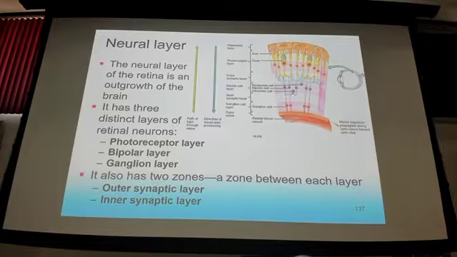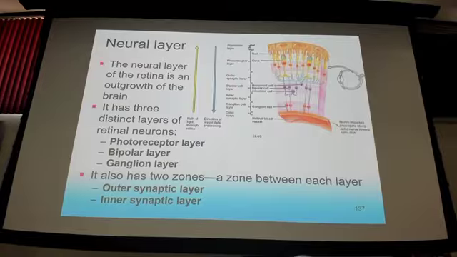And the last part of the retina here is the important part. We say, well, there's the neural layer. Which is interesting is the retina neural layer is actually, they found out, same tissue developed from an outgrowth of the brain, right? Because these are very specific layers. If you look at this compared to when we did it with cranial nerves, now we're going to come back and go, okay, well, we have this pigmented layer,